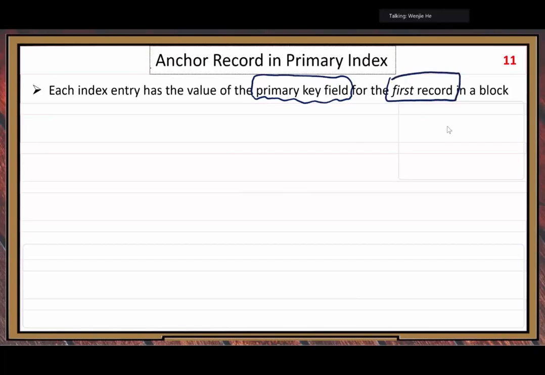So that is the concept of the anchor record. So what is the anchor record? First record in the block. That's the anchor. So that's what I call the representative. There are many records in one disk block, but we just pick the first one as the representative for all other disk blocks because it's enough. The location information for the first record is enough to help us make prediction for the location of all the other